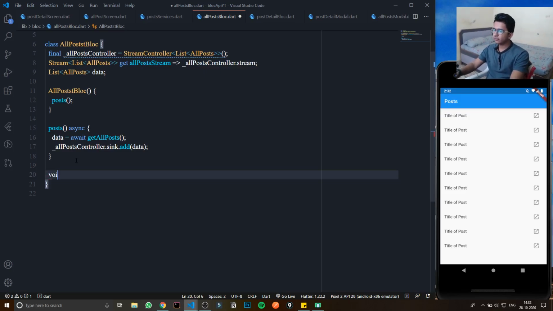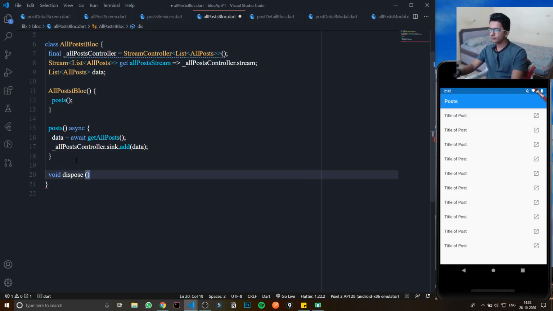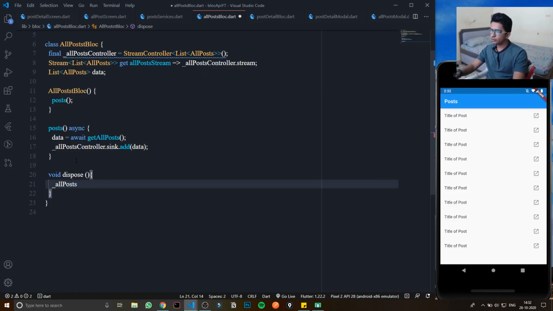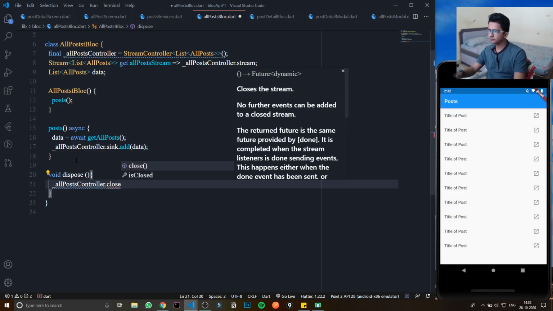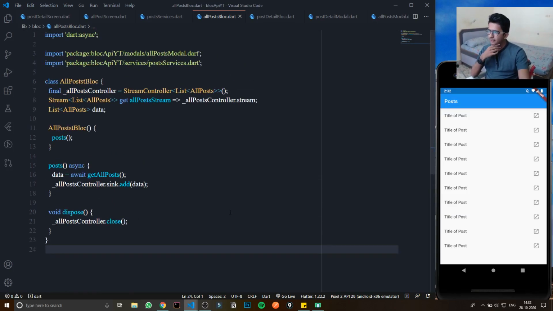So I will create one function, and I will just call that controller, allPostsController.close. That's it. Great, I think it's clear.